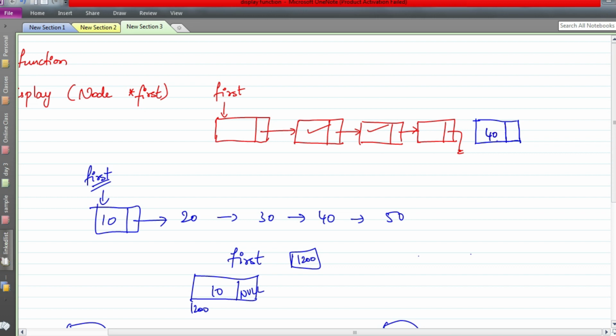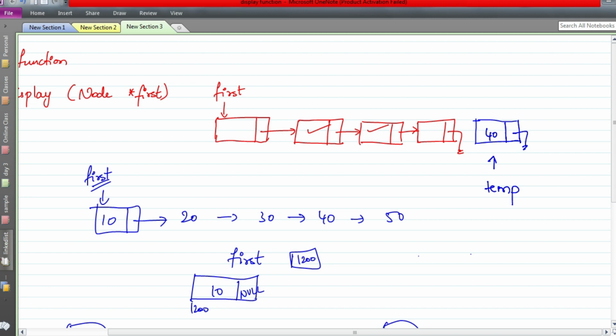Since we are inserting an element at the end, the next pointer is always null for the last node. So no need to think whether the list is empty or not, we will just make the next pointer null. This is the node that we have created, and its address we have stored in a pointer variable called temp.